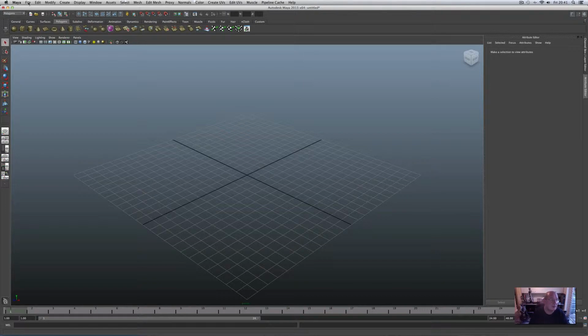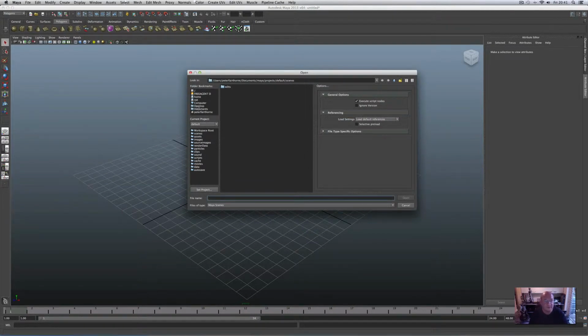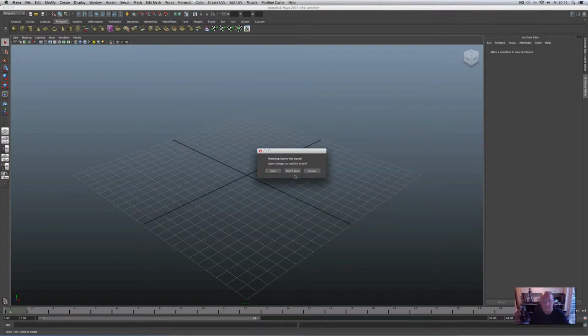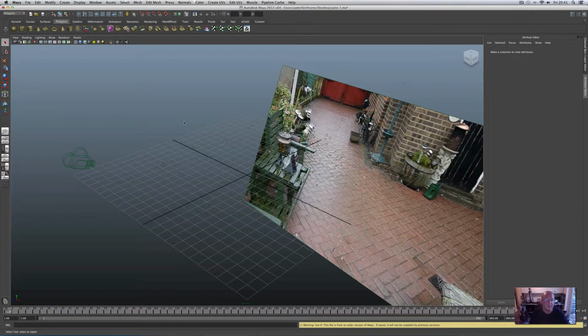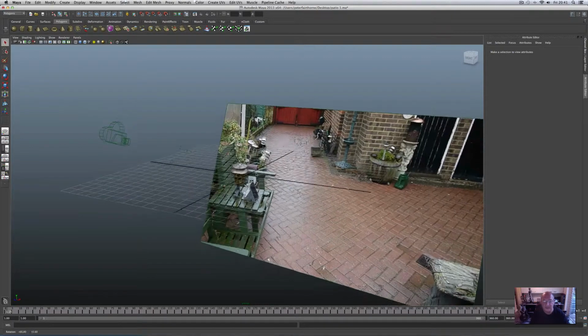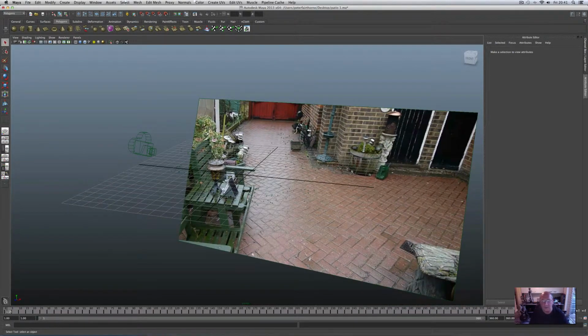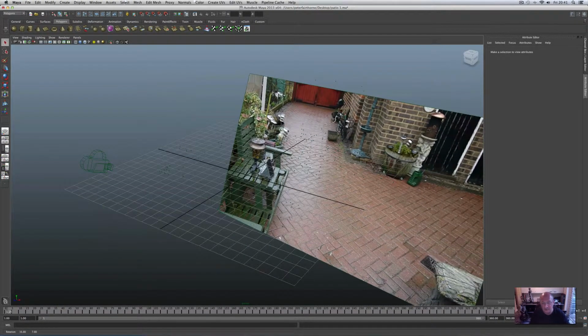Once in Maya, you can click on the top menu, click File, Open Scene, and then go to where you saved your Maya file. Click Open, and that will give you your camera, your tracking data, and your movie. Well, that should be a movie, but I think for some reason it's on this one anyway, it puts a